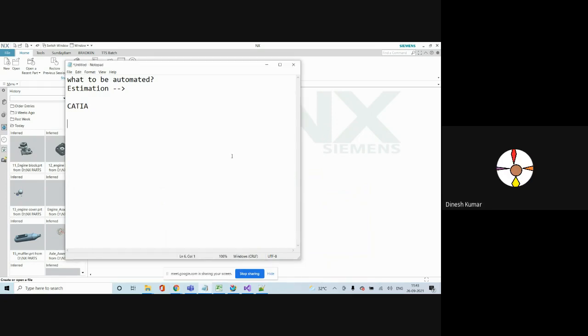Regarding the software installation, we can help you install it. If it is PLM, it is difficult, maybe you can say not possible. But for all other CAD customization and automation, what is required, how to download and install, we will help you. Okay, and the licensing part on the Creo as well.